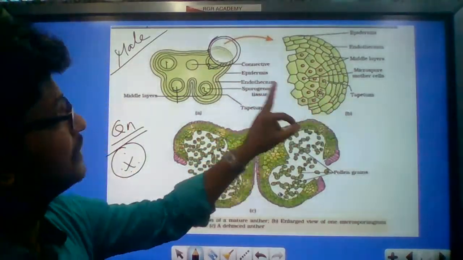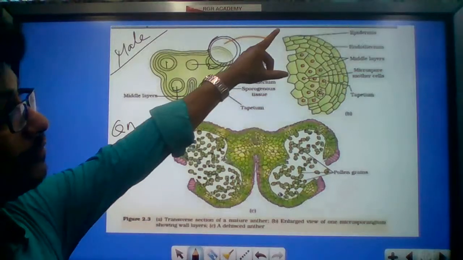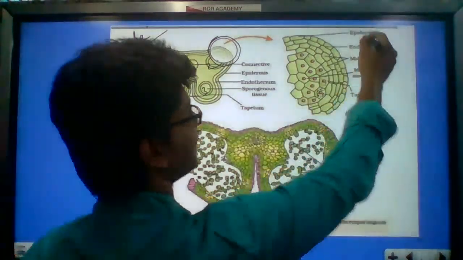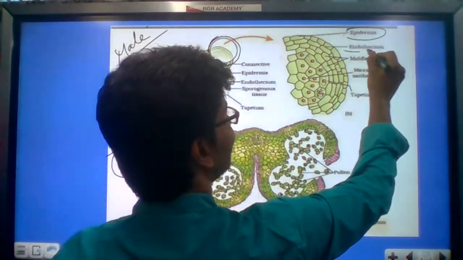When you magnify the image, you could see there are 3 layers. You can even take it as 4 layers. The outermost layer is called the epidermis, then the endothecium,